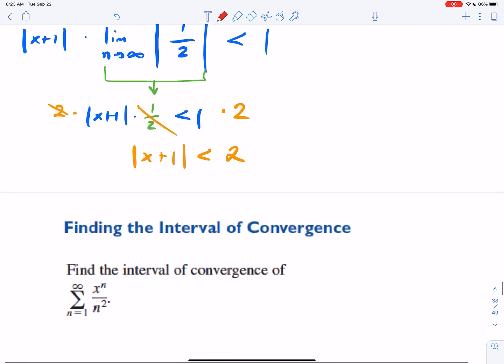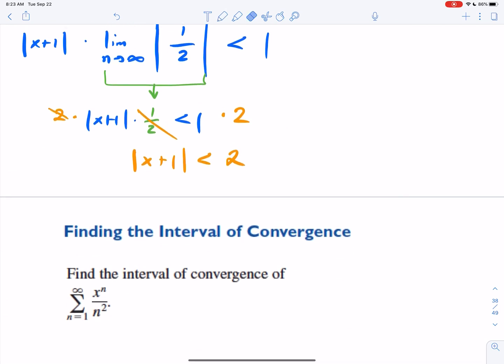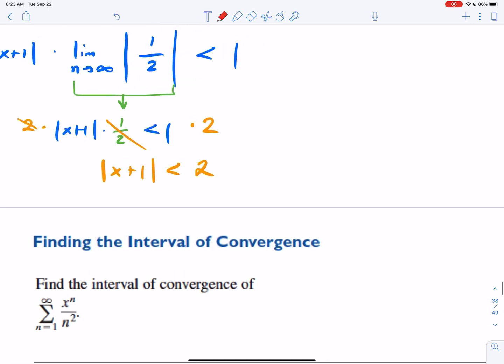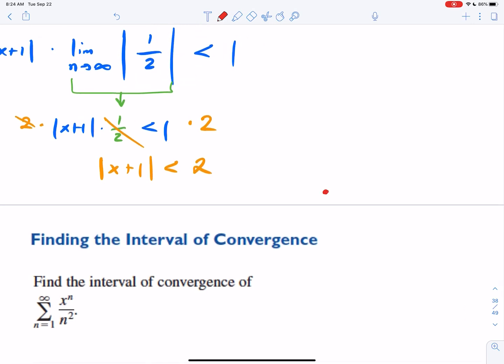So here we have a center. This is kind of like your H backward transformations. Your center is actually at -1 because it's x minus -1 here. So visually, just to give you guys a picture, your center right now is at -1. Okay, so your center is at -1 and your radius is 2. So if you go 2 units to the right, it's +1. If you go 2 units to the left, it's -3. So that's how you can get your interior, or more analytically,